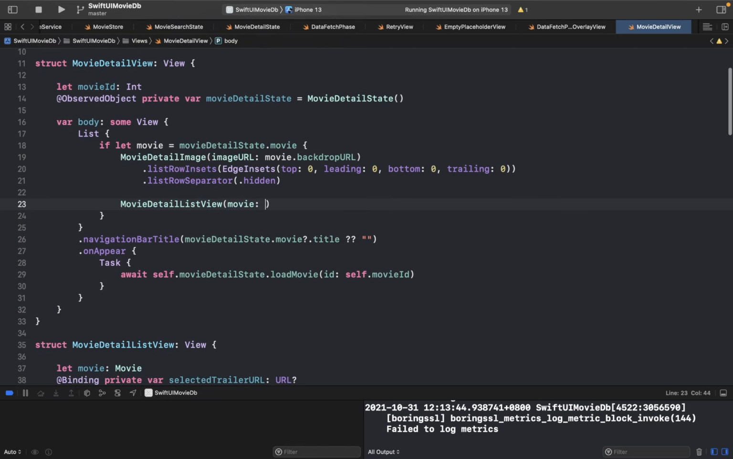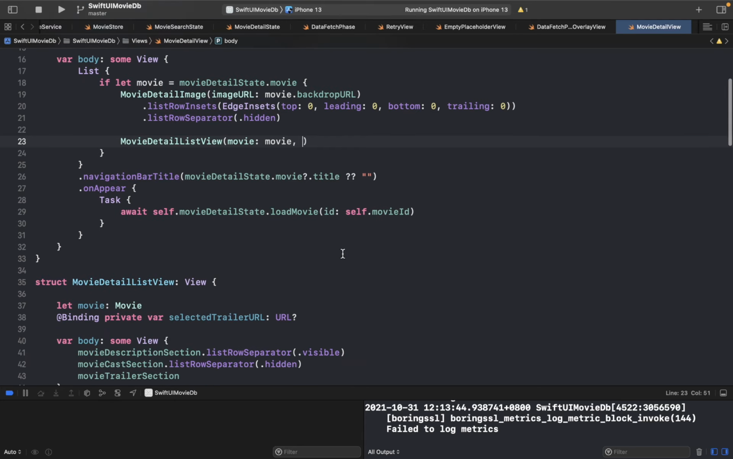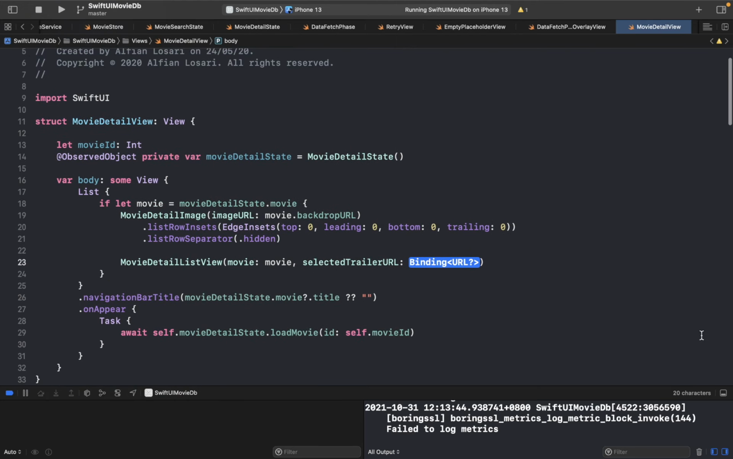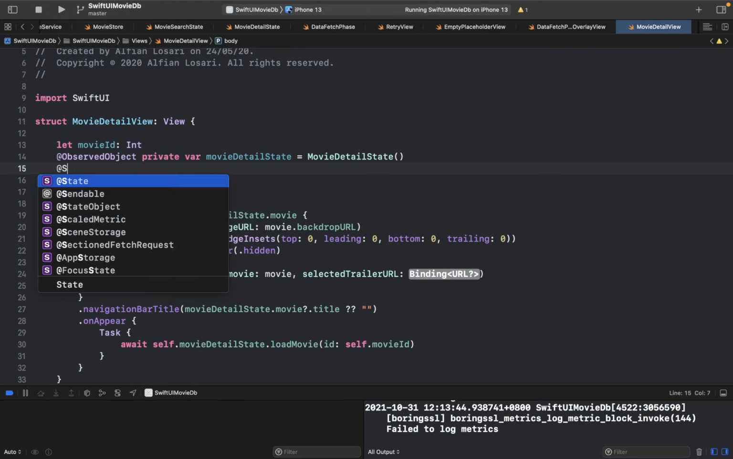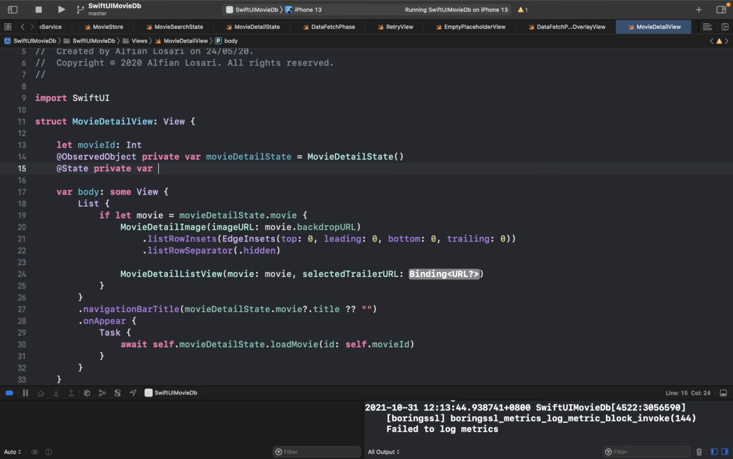Okay, movie, we can simply pass the movie, and this should not be private. And selected trailer URL, we need to declare a state in here. State private var selected trailer URL, type of optional URL. So we can simply pass this down to the child, and make sure to change this to state object, as this observable object life cycle will be owned by this